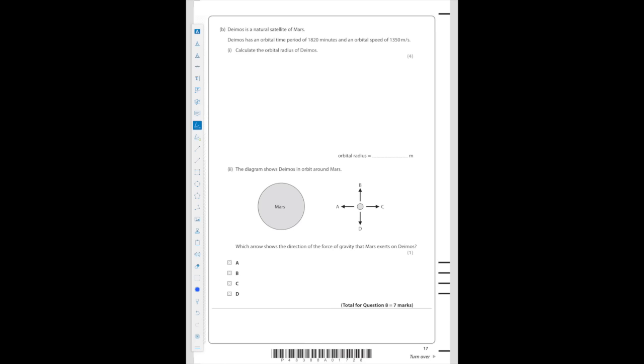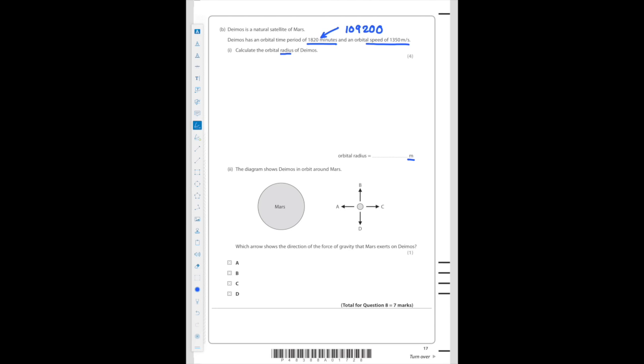Deimos is a natural satellite of Mars. Deimos has an orbital time period of 1,820 minutes and an orbital speed of 1,350 meters per second. Calculate the orbital radius, and we've been given the time period and the orbital speed, so I like to underline those and just have a quick look down here. We're in meters, so we're looking at standard SI units everywhere. And this here needs converting because minutes is not the standard SI unit, so obviously we need to convert that to seconds by doing 1,820 times 60 to get